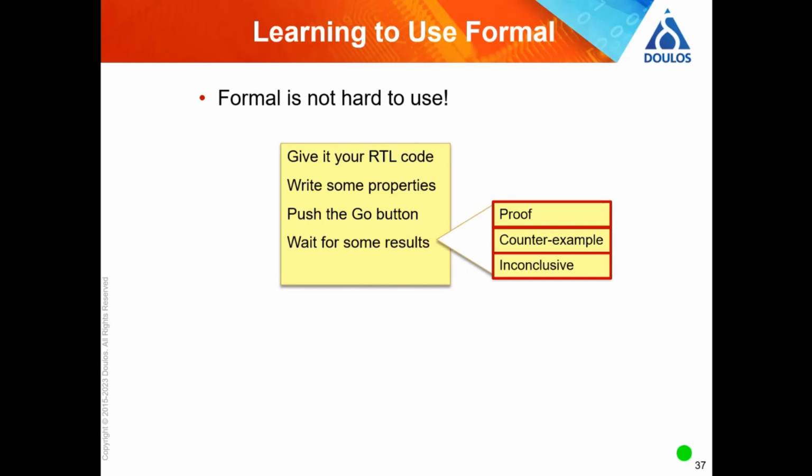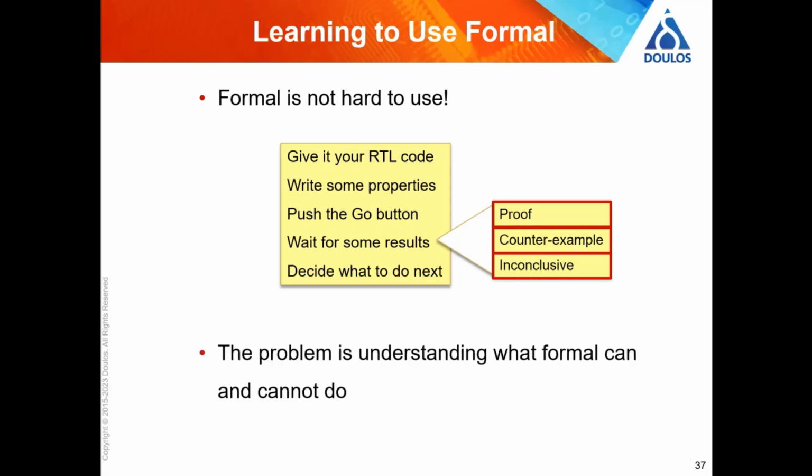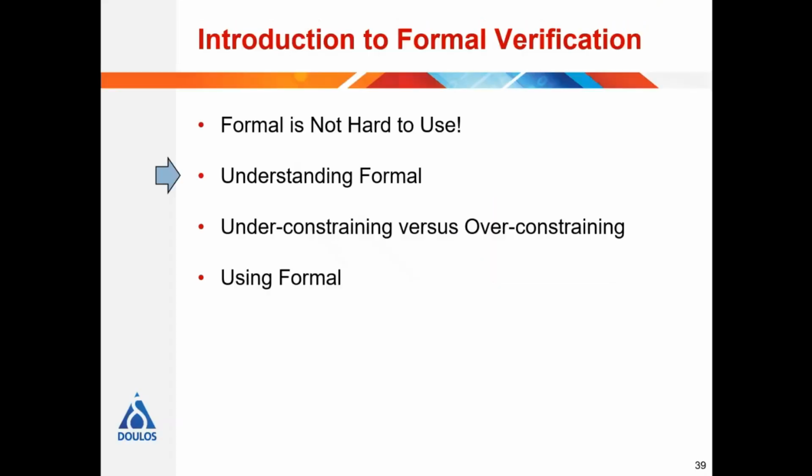And then you've got this third outcome of an inconclusive proof, and that's where time is going to get consumed. And by time, I mean your time. Project timelines are going to start moving rightwards, to use the phrase. So in the case of the inconclusive proof, you need to decide what to do next. One thing you could do is listen to one of our webinars or take one of our training courses and learn about all the different things you can do to narrow the problem down so that the tool has a chance of proving this assertion that won't be proved. So